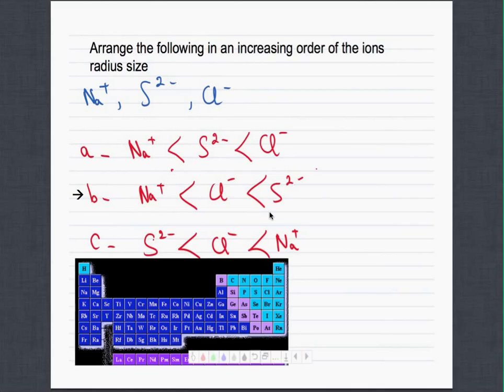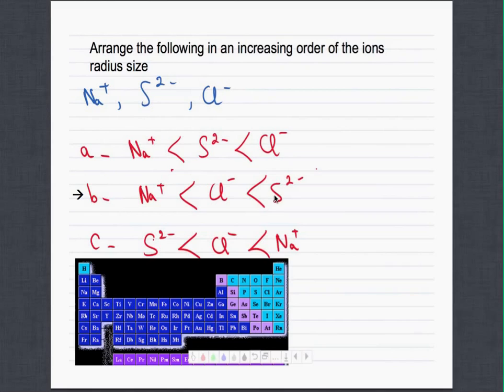Okay. So first of all, we have the Cl. We're comparing Cl minus to S2 minus to sodium plus. The first thing you should remember is that anions are bigger in radius than cations. And the anion that has a higher charge gained more electrons, so the radius is bigger. The anion with the higher charge is going to have the biggest radius. In this case, the anion with the highest charge is sulfide, S2 minus, so definitely it's going to have